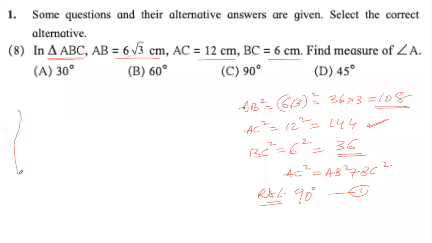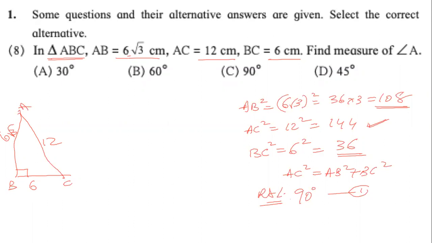Now, if you imagine a rough diagram, if you draw a rough diagram, A, B, C, clearly AC is the hypotenuse. It is the longest side, and 144 also came. Now AB is 6 root 3. 6 root 3 is longer than 6. So that is why I showed the longer side as 6 root 3. BC is 6. Is it even more special? Yes, it is even more special, and we can find that out when we see the ratio of the sides.